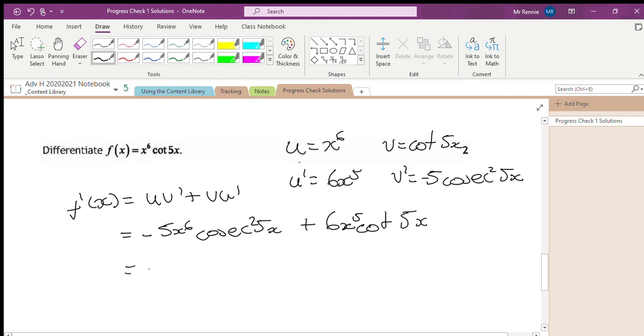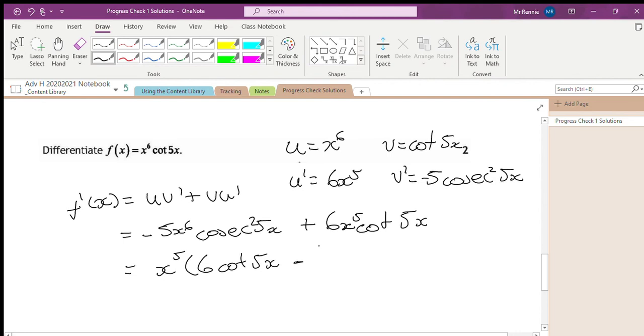However, to make your answer a bit nicer, and be careful because you can lose marks at this stage here though, it should be within our skills to take out common factors if we see any. So we can take out x to the power 5 in both. That would give me, if I start with this one it'll stay positive, so it'll be 6 cot 5x